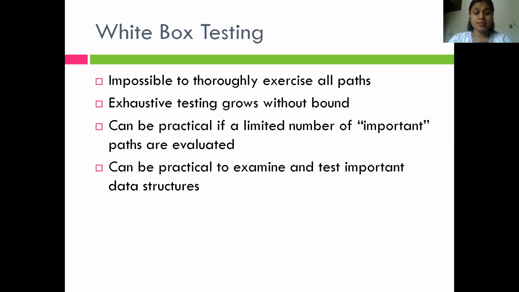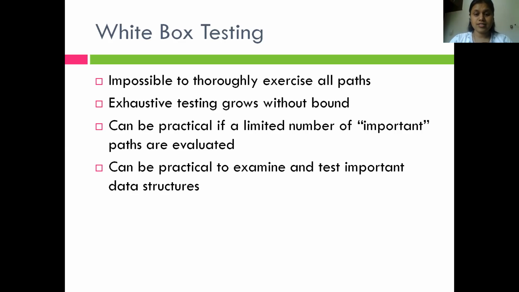Now, it is impossible to thoroughly exercise all the paths in white box testing, as we cannot find all the possible combinations or all the possible paths through which, if we provide a certain type of input, we can see how the code will behave. So basically, there are some limitations of white box testing. It is impossible to thoroughly exercise all the paths, but we try to check 80% of the complete code. The 20% can be plus or minus for the testing, as complete 100% testing is not possible for white box testing.